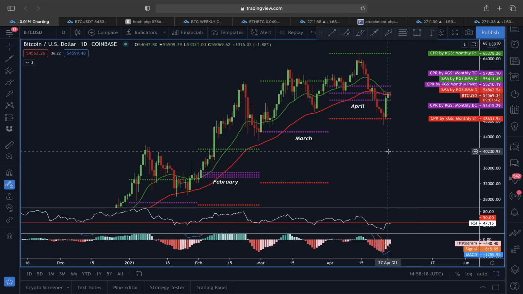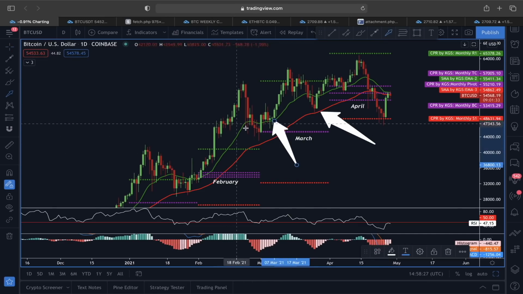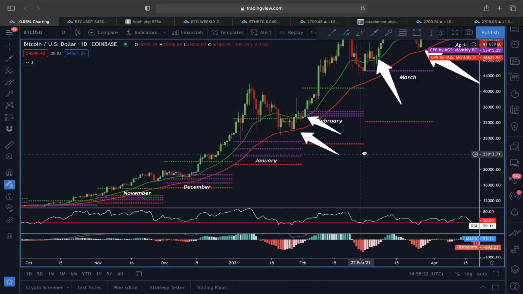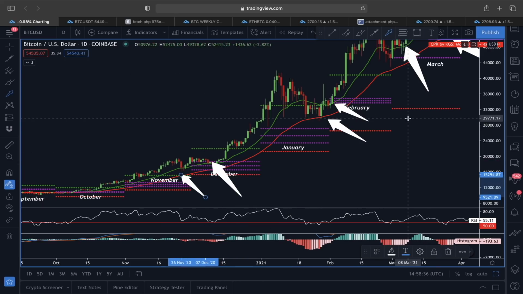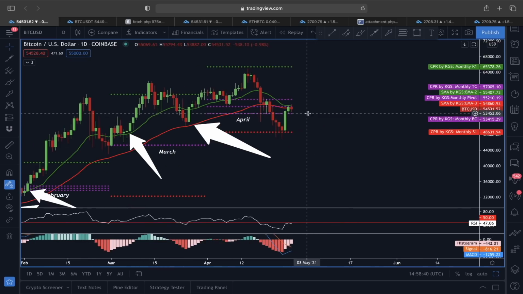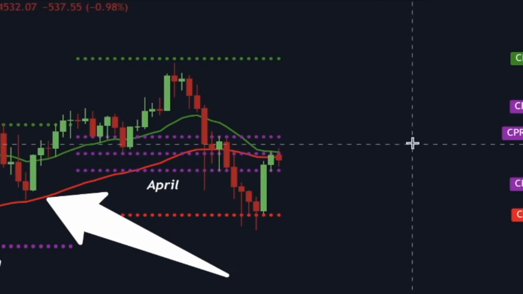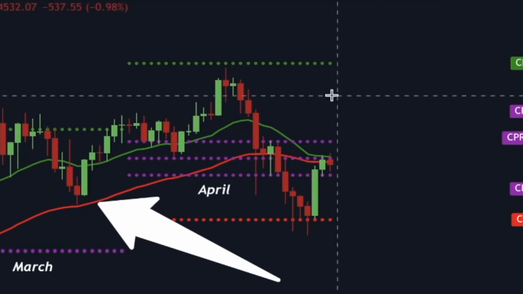Why it is so important for price to also break out of this 21 exponential and also this 50 exponential moving averages, because you can see here in the past Bitcoin price action, when the trend here was heading in upward direction, these two moving averages always acted as a very strong support line, and the price also continued heading in an upward direction as long as the support from these two moving averages was there. And now since the price here is below these two moving averages, the 21 exponential moving average and this 50 exponential moving average, we want the price to clearly find support above it.